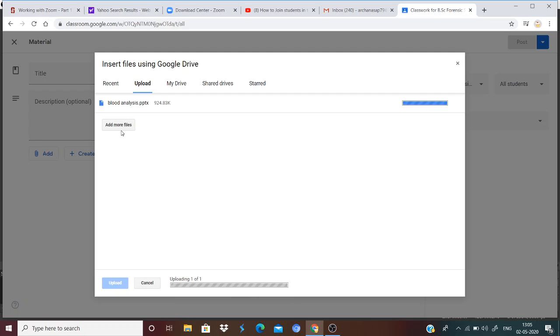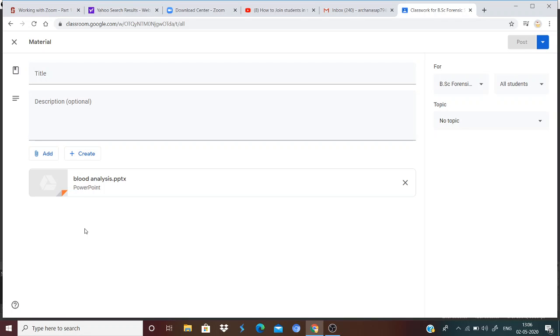See, there is an option that add more files. You can add more than one file, up to 20 files you can add. Once the uploading has completed, so it's taking time. So see, it got uploaded. Now you can also delete it if you don't want to give it to the students.